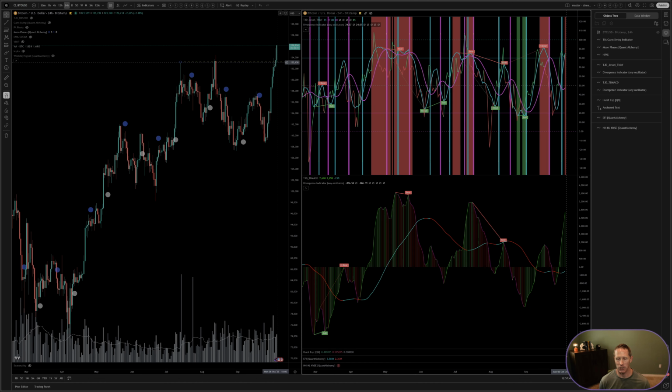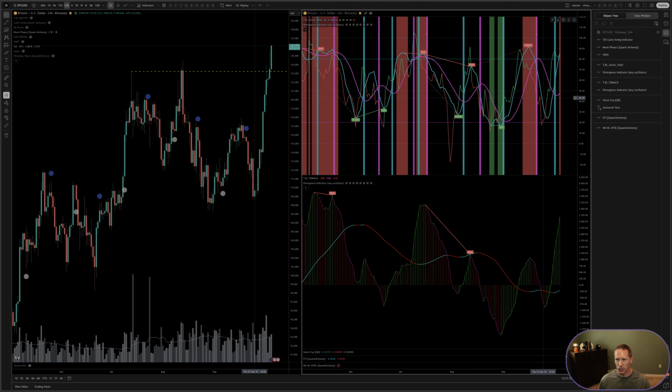I just wanted to touch on some of the oscillators here that I tend to use. So the stochastic is getting pretty high, but of course that can be high and stay high for quite some time. I believe I've mentioned that in the past. We still have some of the oscillators that have yet to catch up. So I do use that quite frequently if it's printing a bearish divergence or a bullish divergence.